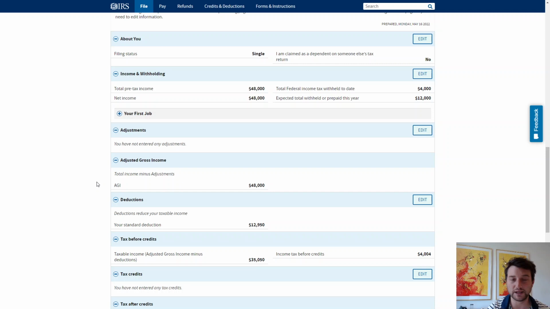And this is an unfortunate reality for a lot of taxpayers. A lot of taxpayers are